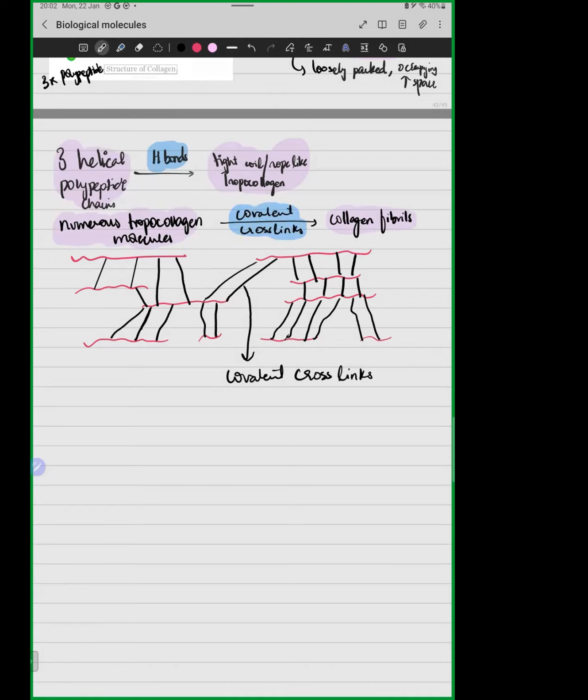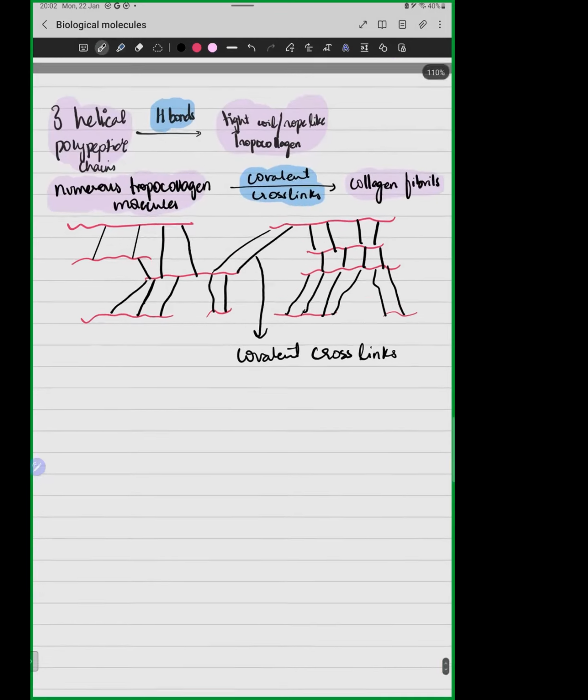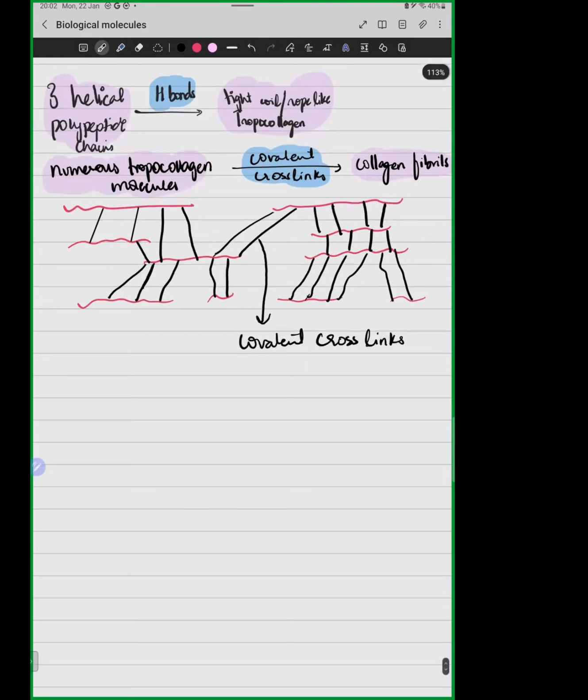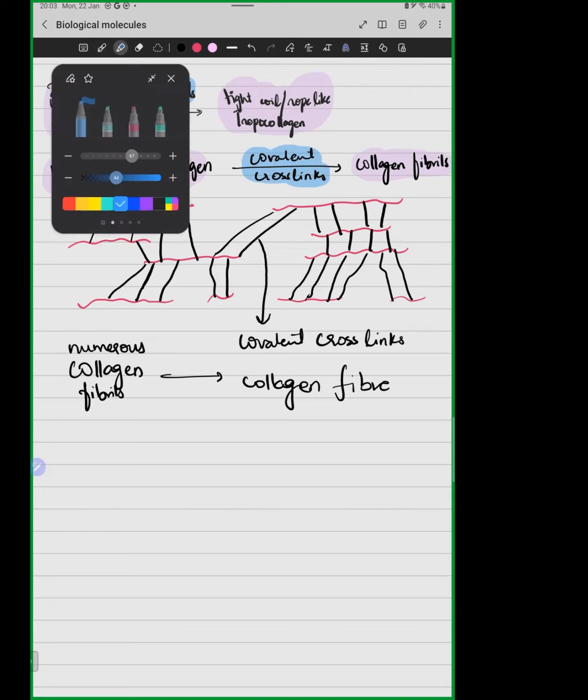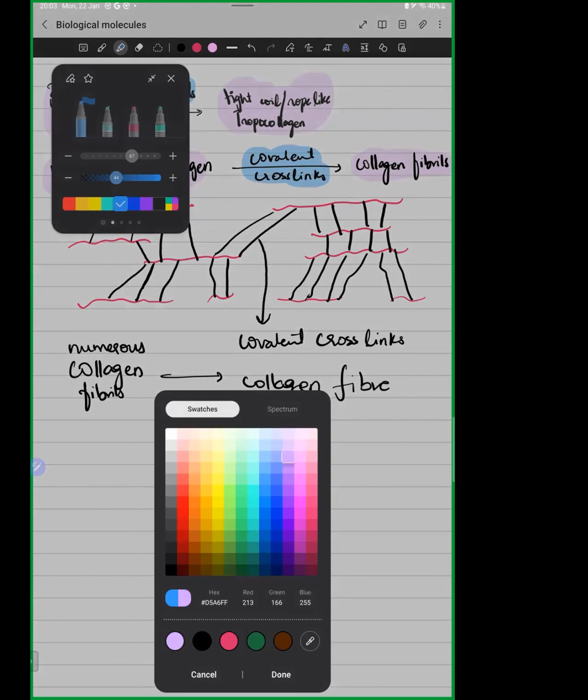Now, once these collagen fibrils are formed, numerous collagen fibrils then interact together, okay, and they form something known as your collagen fibers. So, numerous collagen fibrils form your collagen fiber. And this collagen fiber is what we call as our final molecule, जो कि हमारे पास